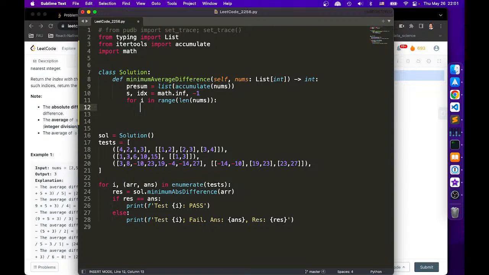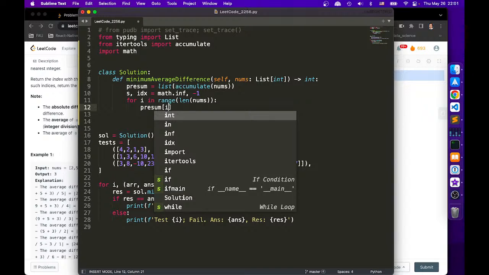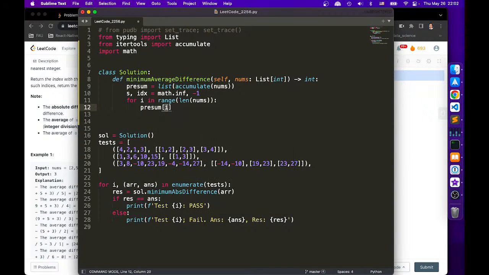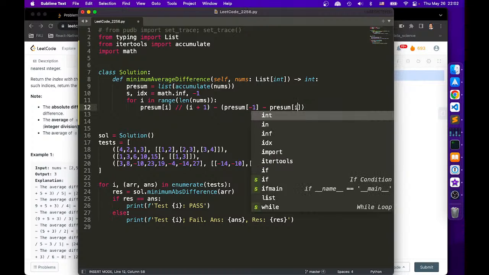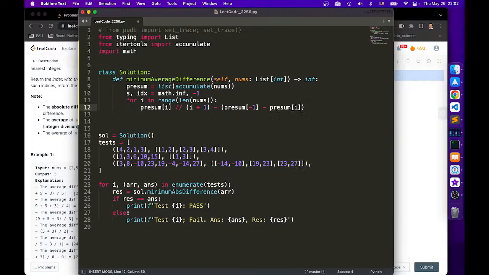So the current will be pre-sum I. So that's the first, right? This one divided by a number. So that's going to be I plus 1. So we're not going to use this. Minus pre-sum -1 minus pre-sum I. Yeah. So we're going to do this divided by,